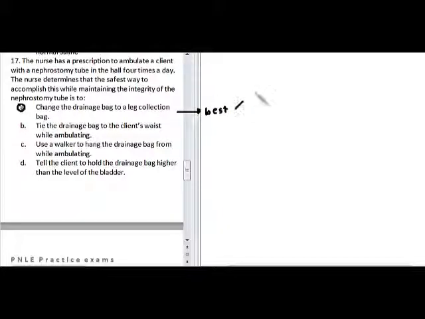ambulation and to maintain integrity of the nephrostomy tube. So the collection bag will be connected to a bag that is attached to the leg so that the client can walk without destroying the integrity of the nephrostomy tube. So the best way is letter A. Next,